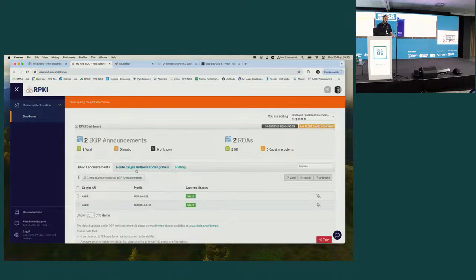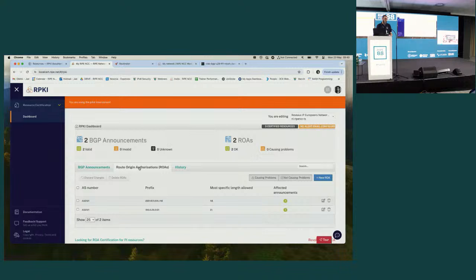Either I can do this through the wizard, or let's say there's a certain prefix range that I haven't announced in BGP yet. So you will not be seeing it on the first screen, but still you would like to create ROAs for that. Very simply, I click on new ROA. I say, you know what? I want it to be announced by AS3333. And let's say I would like to be announcing